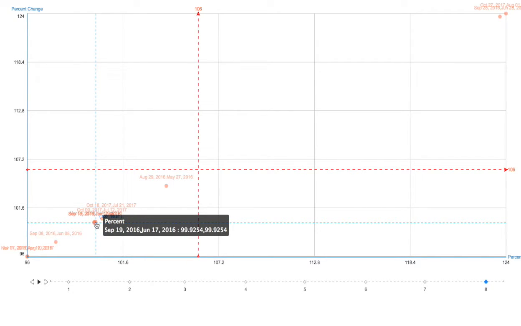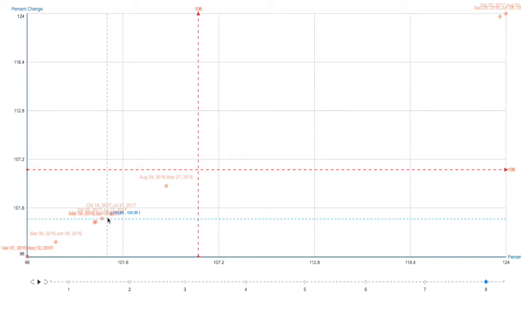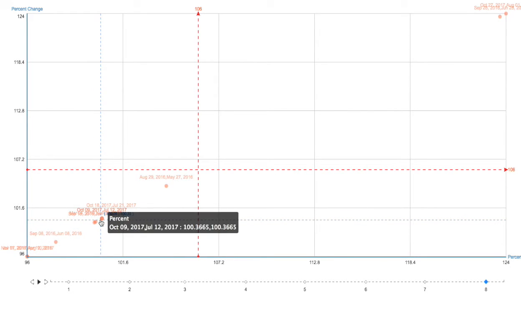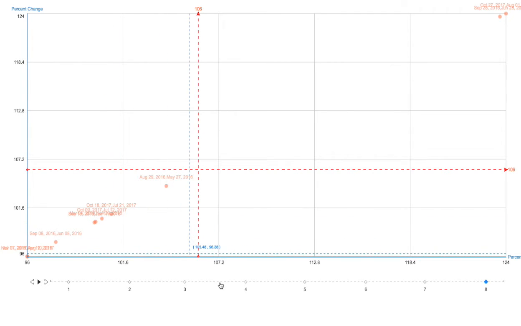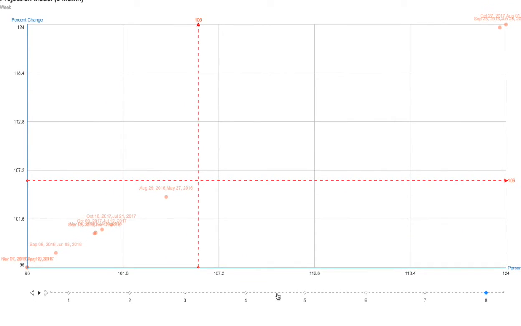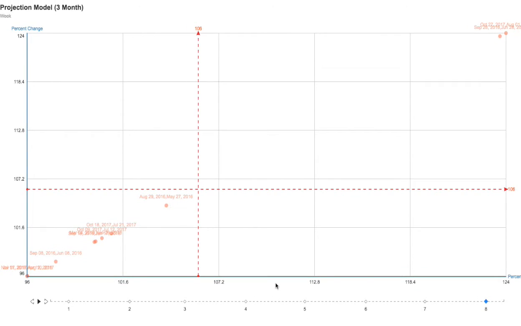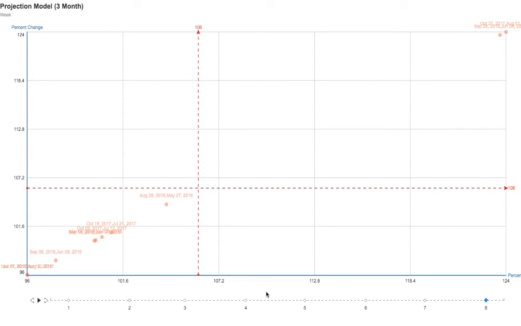Majority of the models project that Canopy Growth will be down less than a percent or up 1%. So what this means is there will be sideways action, not really much of a large movement up or down